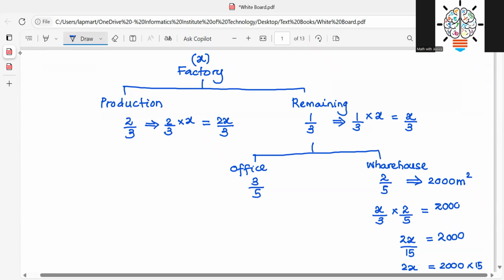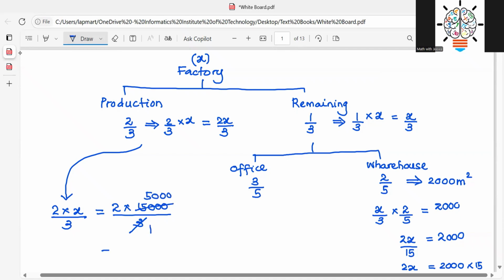So then how are we going to find this value? So then it is 2 times x over 3. So then the x is 15,000 divided by 3, 3 times 1 and 3 times 5. So then the answer is